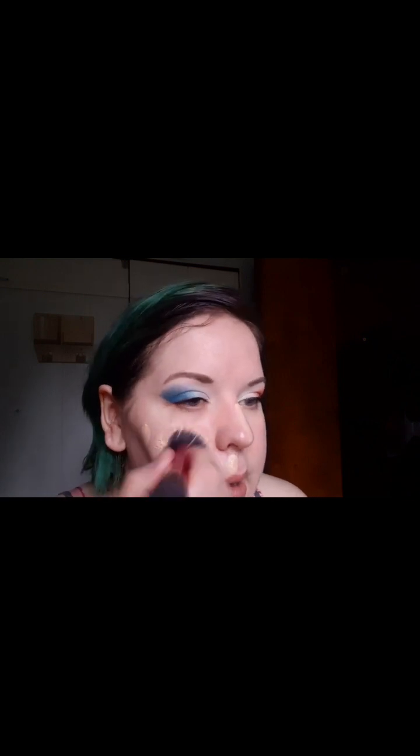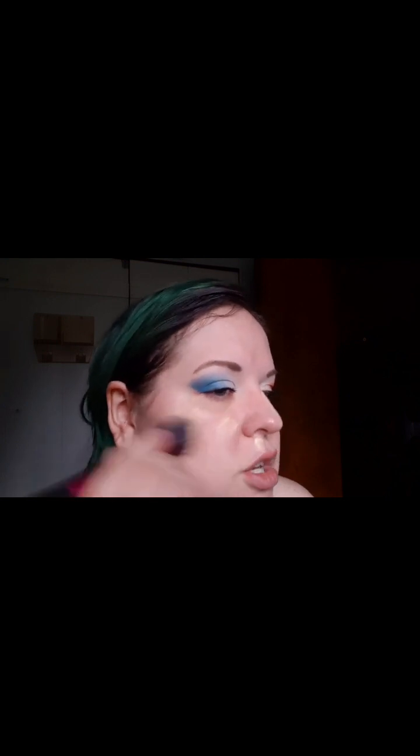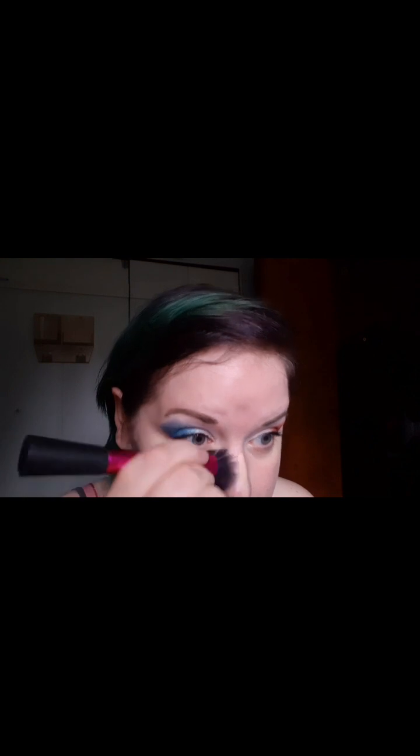So I just gently dab to distribute the foundation everywhere, and then I do circular motions. It kind of reminds me of a BB cream or CC cream. It's very lightweight and it doesn't give you a ton of coverage. I like my foundation to be very natural looking, but still I like it to